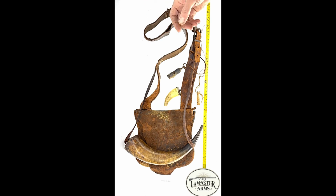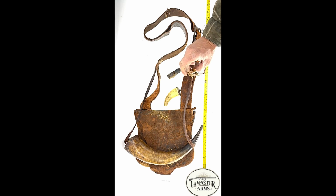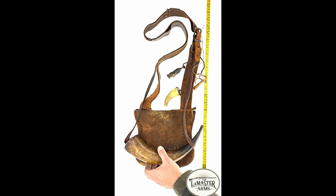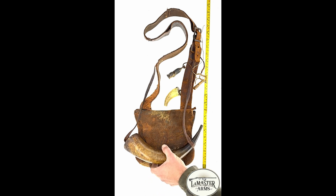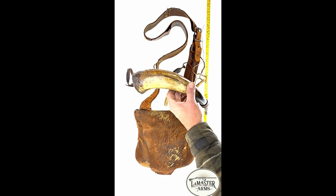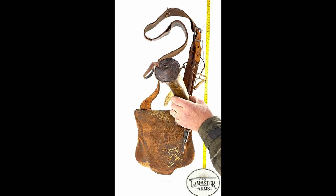Tiny little measure tells us, in all probability, it's a very small caliber, and you can see by the size of the measure, not only by the portions it's throwing for the powder, it actually is small enough to go into the bore to make it easier to extract the powder. Horn itself doesn't show any recent repairs. It looks like it's original to the piece. It has a slight crack in it, a nice turned butt cap,